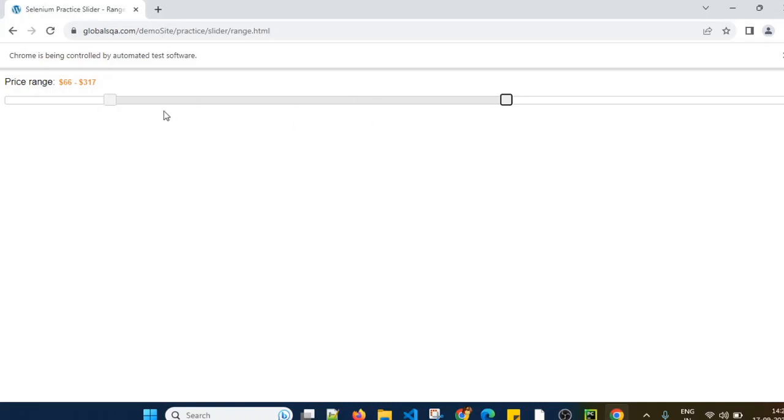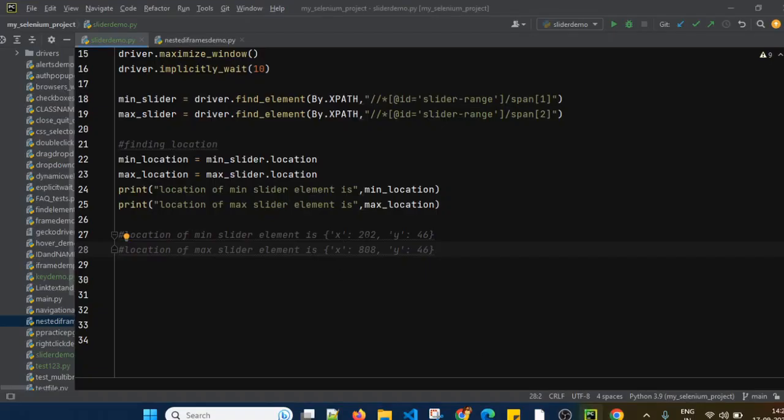But the x-axis values are different because they are apart from each other. If you reduce the x-axis for this element, it will move in this direction. If you increase it, it will go in that direction. For the maximum slider element, if you increase the x coordinate value, it will move to the right, and if you reduce it, it will go to the left. Correct? Currently the x location of the minimum slider element is 202, and for the maximum slider element it is 808.